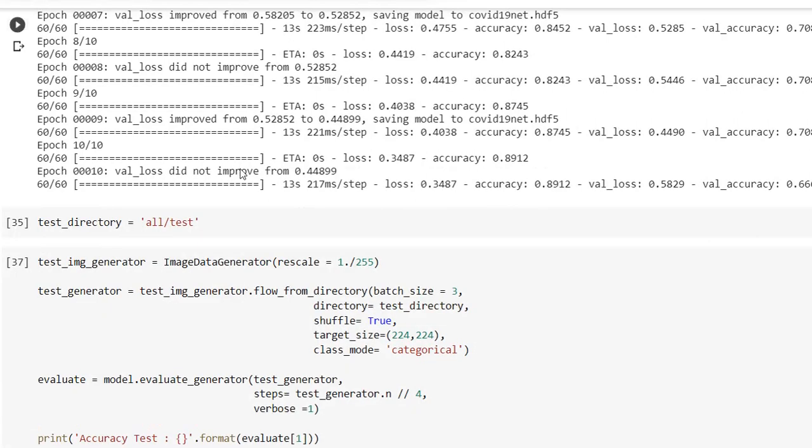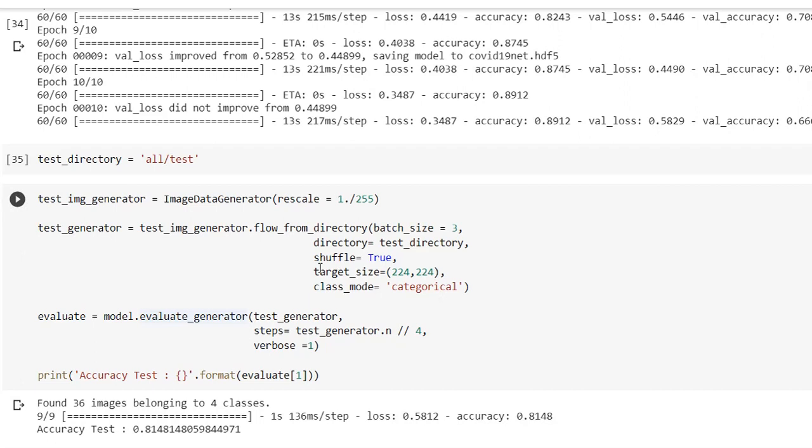Next we need to use the same code, like I'm going to again normalize the test images. Again I'm going to use this image generator. I have mentioned the test directory, and then target size, and class mode is categorical. Again everything remains the same. So here I'm going to evaluate the model. For that I am using the evaluate generator method. This is the test generator I'm going to use, and it will give the accuracy on the new test images. Let us run this one.